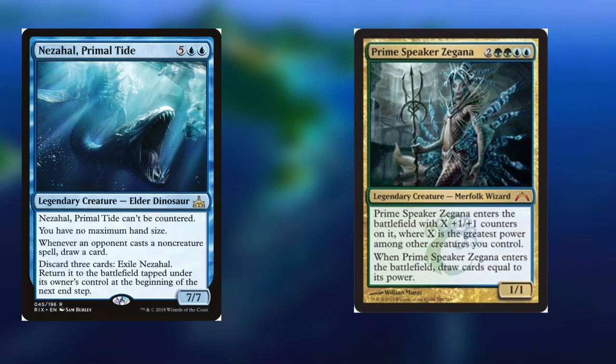And if it were to somehow die, we can discard 3 cards from our hand and return it tapped at the beginning of the next end step. So it's like Kefnet in a way, even though it's not the 3rd card in the library, it still is able to come back. Prime Speaker Zenigaya,